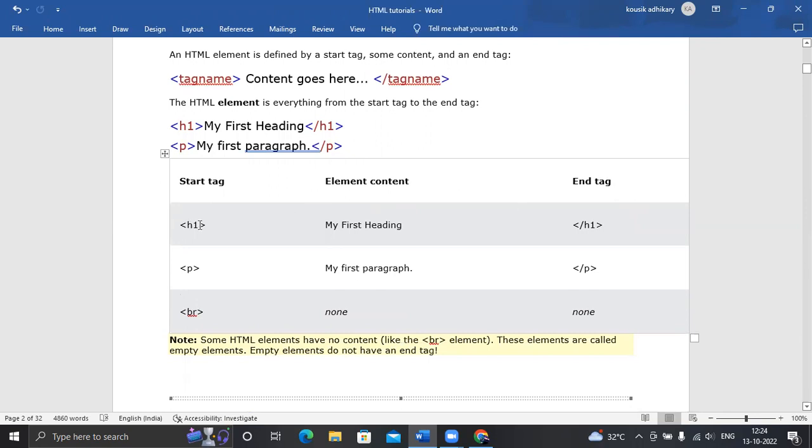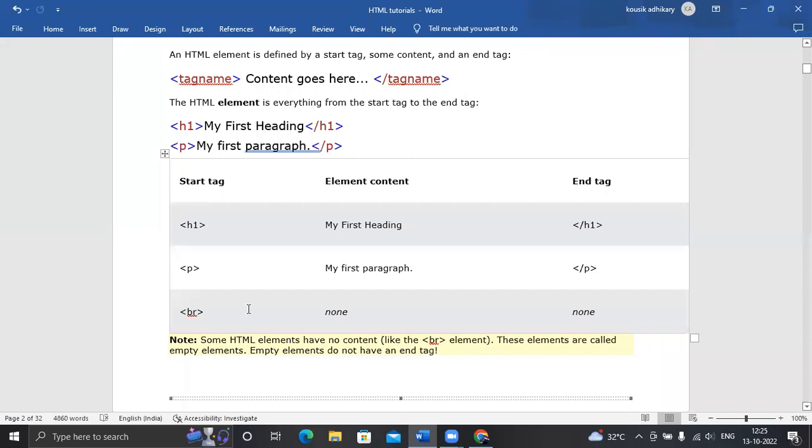The H1 tag is the starting tag, and the closing H1 tag is the end tag. Whatever you write between the opening and closing tag is the element content. My first heading is the element of the H1 tag. My first paragraph is the element of the paragraph tag.